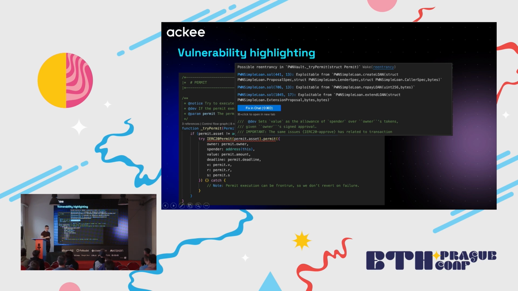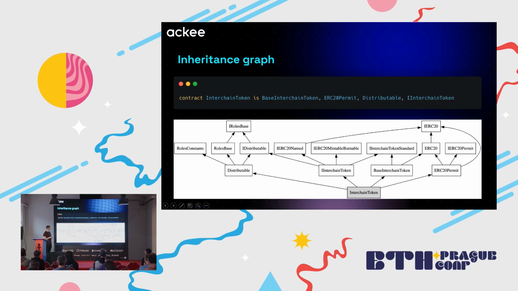As I said, there's also some interesting graphs that can be exported. So there's an example of inheritance graph, and basically when there's the contract, interchain token, then some inheritance, and there's always a label above the contract name, and when clicking on the label, we can basically see this exact graph inside VS Code. It's rendered, it's shown inside VS Code, and also all the nodes, all the base contracts in the graph are clickable, so it's possible to click on them and open the contract itself, like the code of the contract itself.